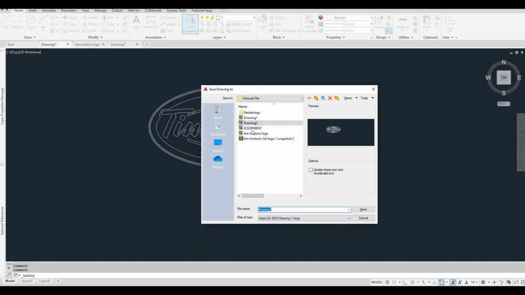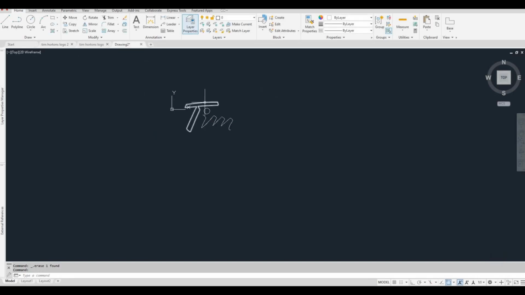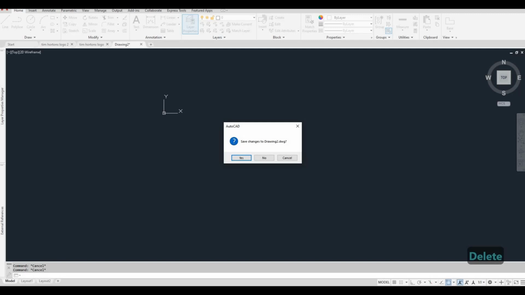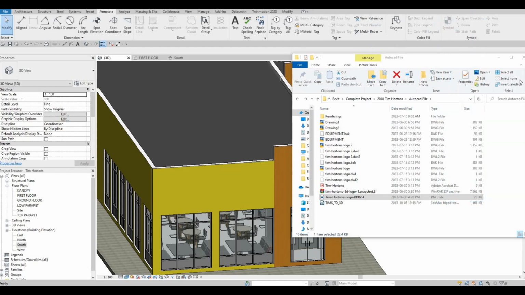So I'm gonna save this one as logo number 2. So Tim Hortons logo number 2. And then save it. And then this one was the practice that we did. And as you can see, it's really good using spline. So I'm gonna close this off. Now you can close all of this, and then we could go to